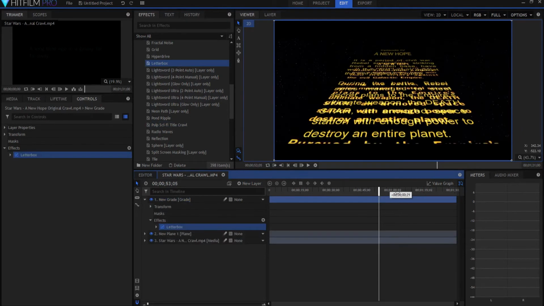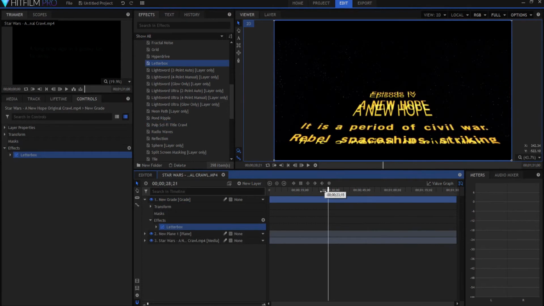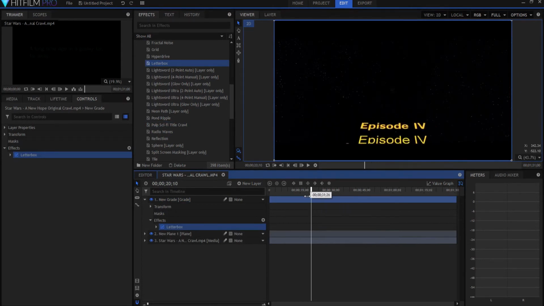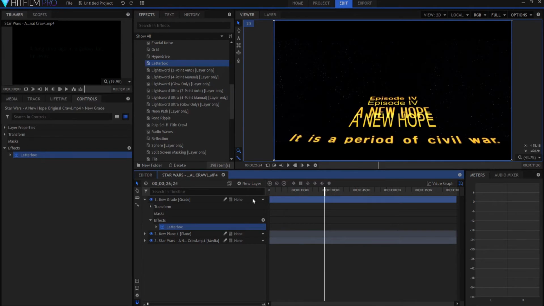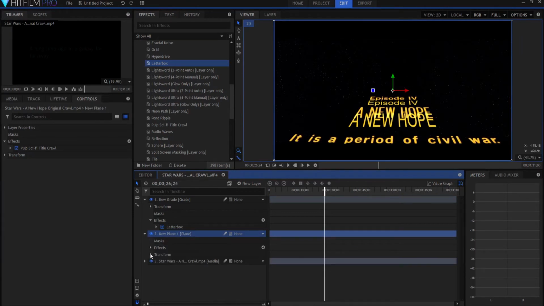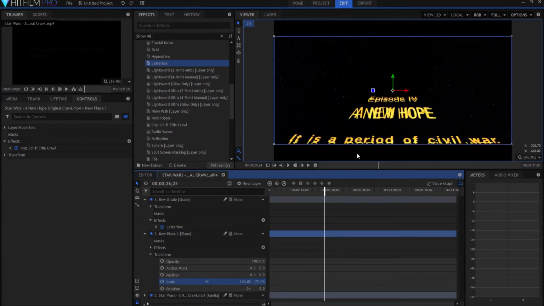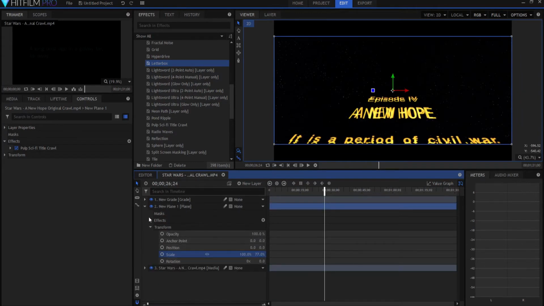So now I have that, okay? And that makes it look a little bit off because the first one is really geared towards the full screen. The other way to do that, and I know you wouldn't normally do this, but if I were to open this up and under the transform properties, if I break the scale link and make the Y scale 77%, in other words, I'm mashing it to that,